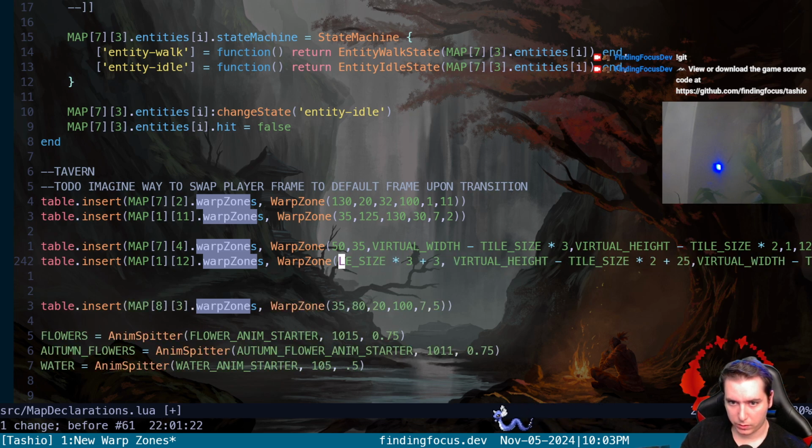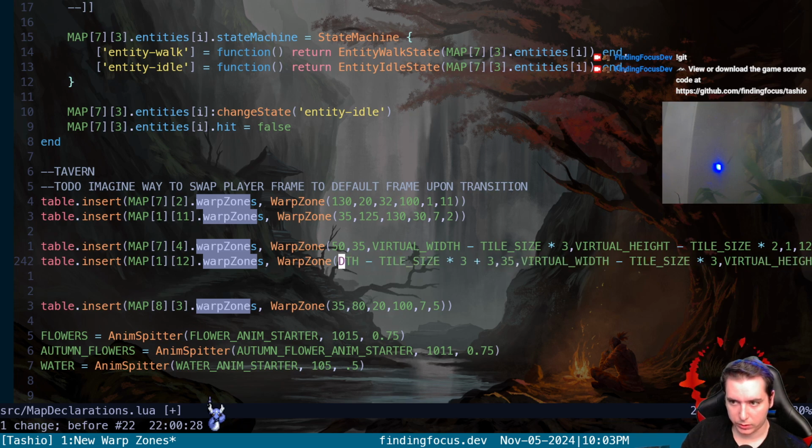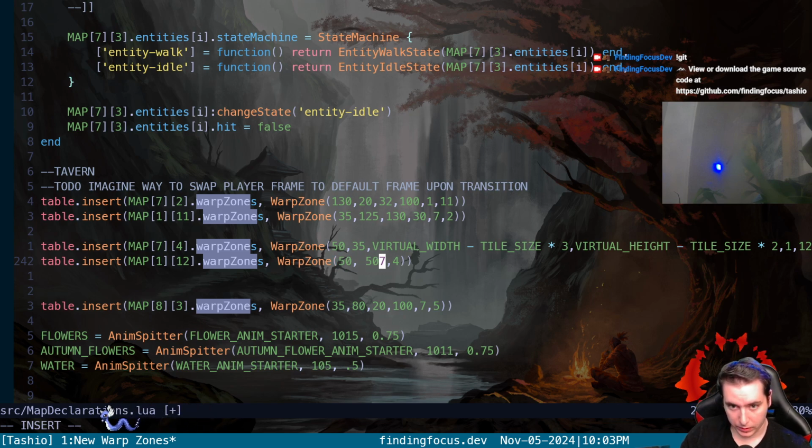Oh my gosh. What the... Okay. This is jacked up. Okay, we'll do this from scratch again. This is so bad. Okay, we know 7, 4 is our last 2 arguments. So the first 2 are where the warp zone is, X and Y. And then the second 2 are where it's going to move the player once we're done warp zoning,